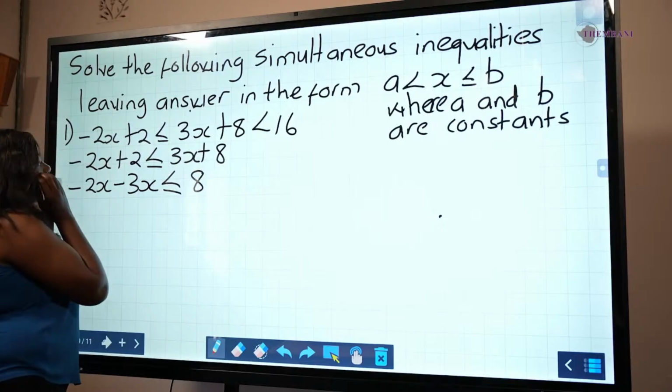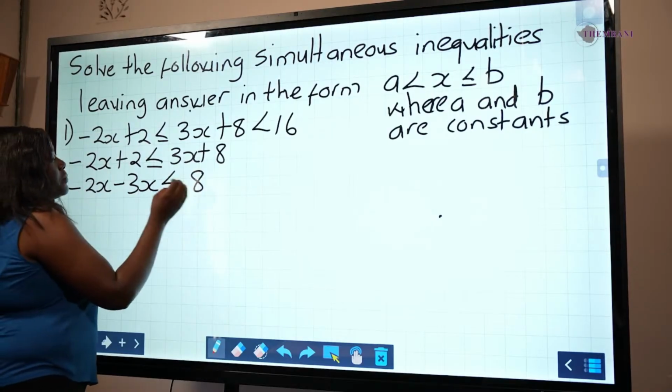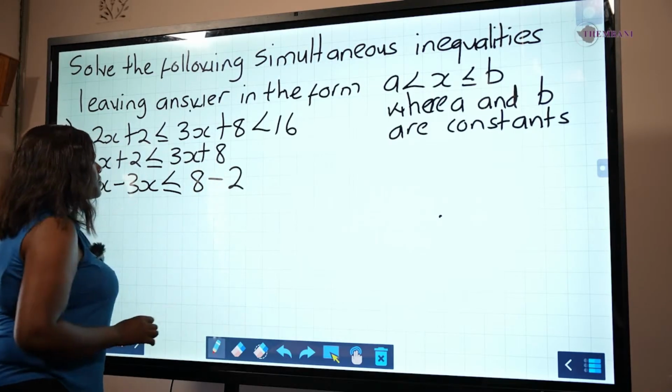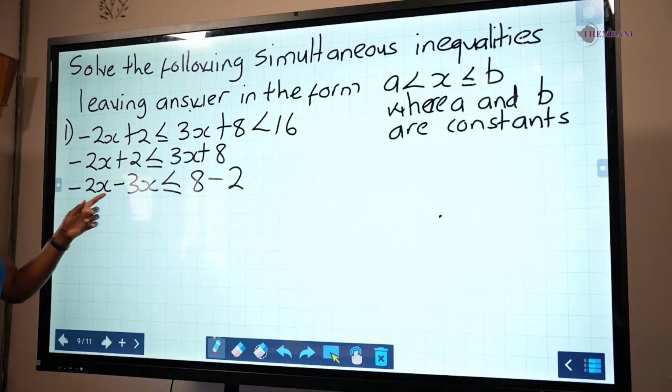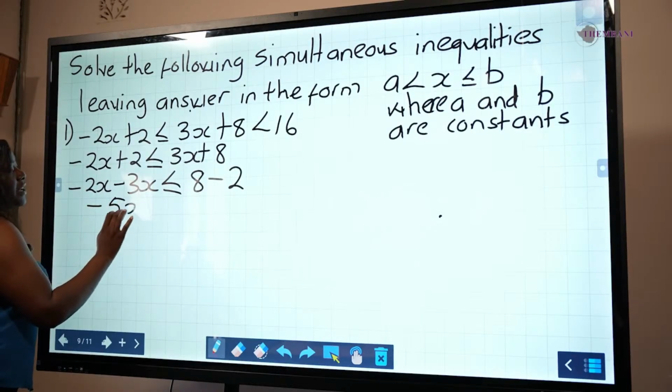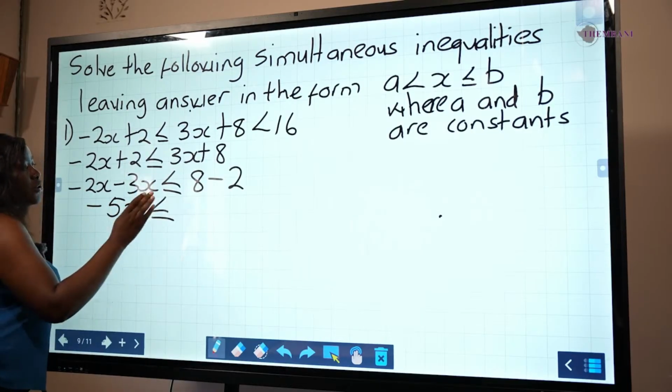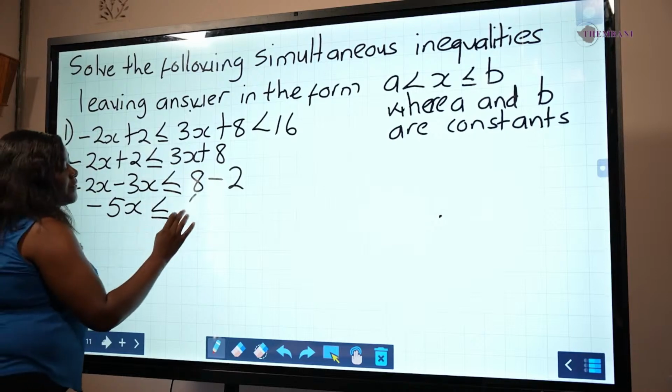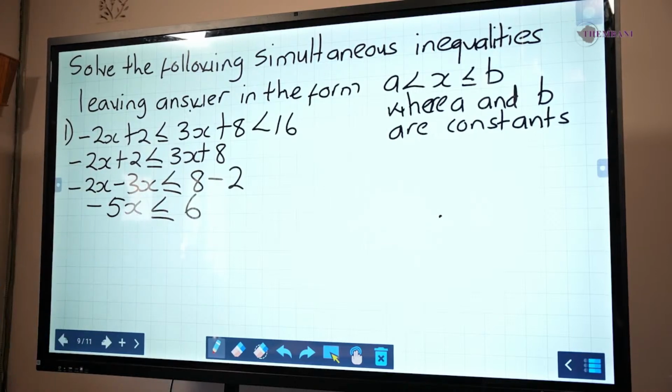Then if that 2 crosses the inequality sign, it's going to become a negative 2. So negative 3x, negative 2x is going to give us a negative 5x is less than or equal to 8 minus 2, which is going to give us a 6. So from that point,